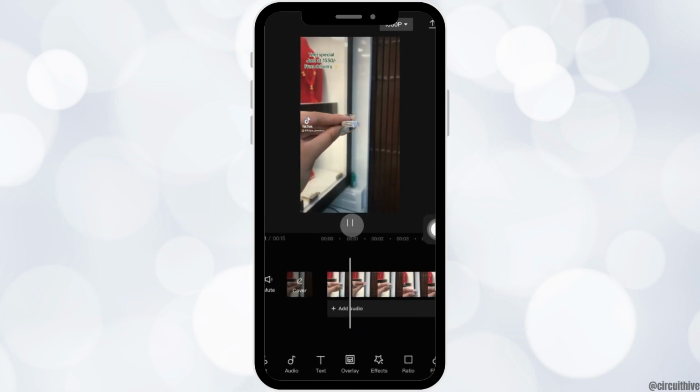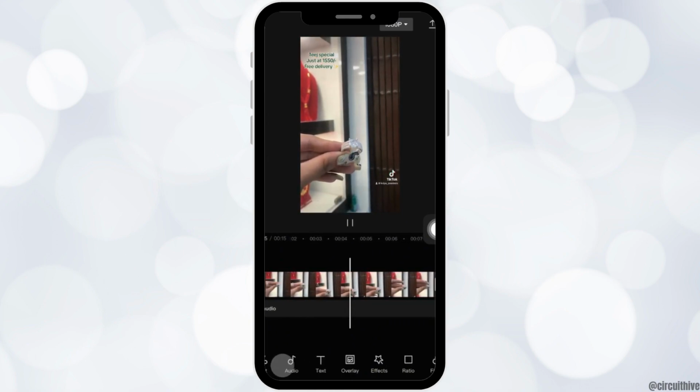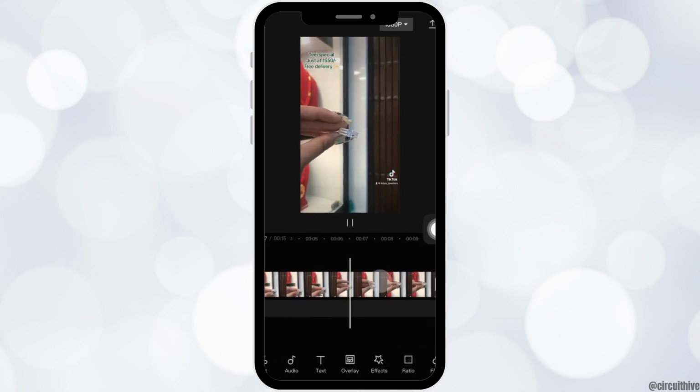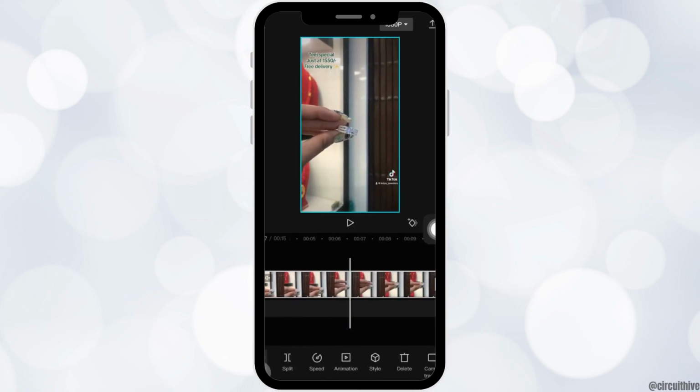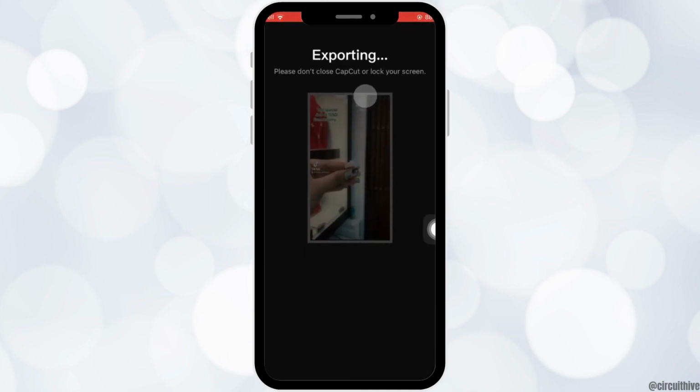On the bottom you can see there are various editing tools. You can use them, and you can also tap on the video and then split it and do the following edits. And then to export, you want to tap on the arrow facing upward on the top right corner and